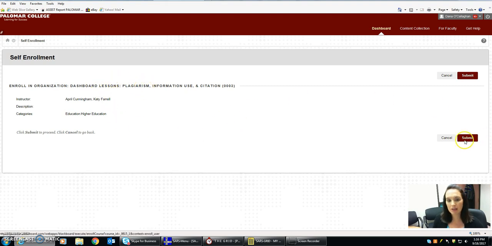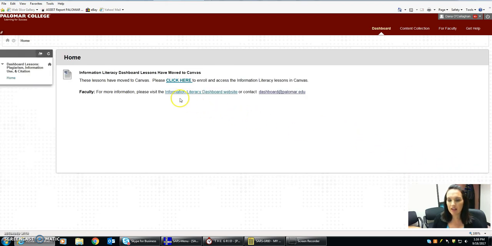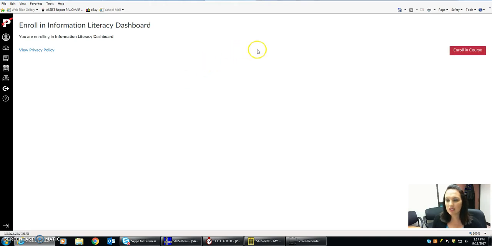So you're going to say, yes, submit, I'd like to self-enroll. Here's where it gets a little hidden. It tells you a little bit about your enrollment, and click OK to continue, and that's hidden here on the right-hand side. So look down here, click OK. And they've moved over to the Canvas system. So again, a few clicks to go. Click here, and you will self-enroll in these tutorials. So you're going to say enroll in course, but it's not a course that you're enrolling in, just to reassure you, it's just tutorials. So go to the course,